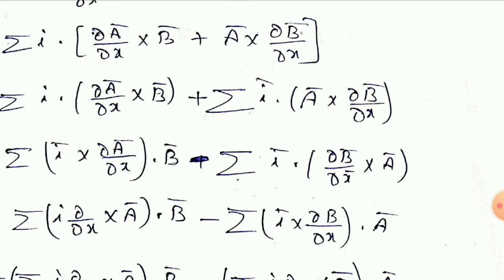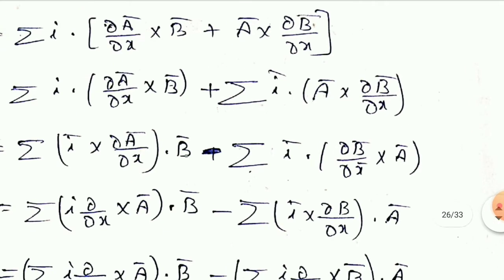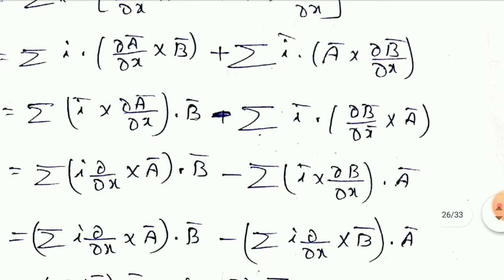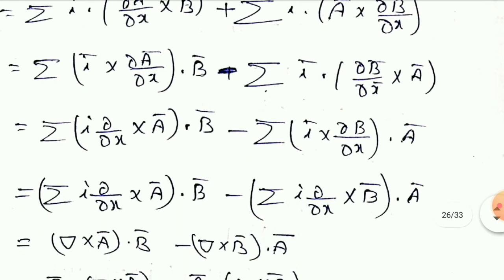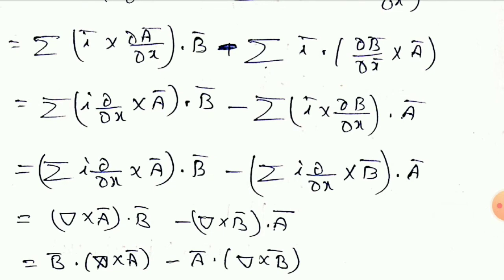Similarly, if I concentrate on the second term, it is also a dot b cross c. So I write a cross b dot c, reversing a cross b. If I reverse it, you get a minus, because a cross b is equal to minus b cross a. Again I am applying the same principle, so that you get this as your answer.